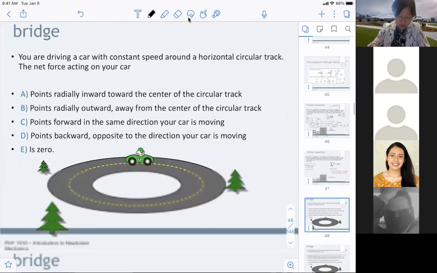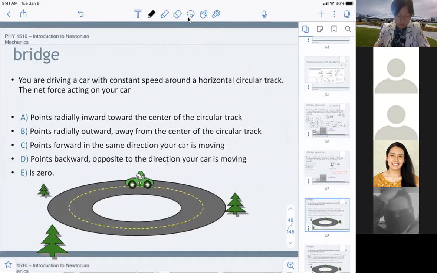Okay. One more. So this is the one you have already done, so that should be really, really fast. We're doing circular motion now with a constant speed, and you're driving around a horizontal circular track. So it's asking about the net force acting on your car. If you were trying to think about the forces on the car,